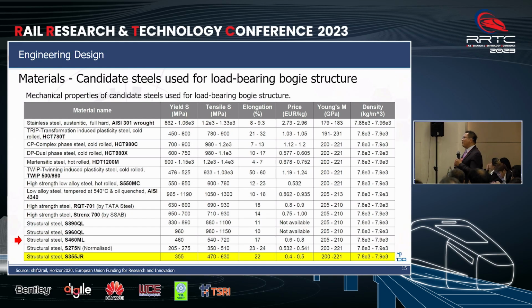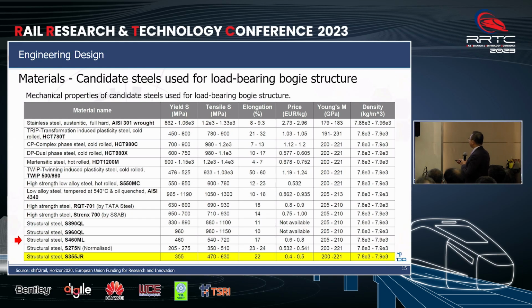But in our opinion, if we want to reduce the weight of the bogie, we need to select higher strength steel. In our plan, we are going to use S460 structural steel. With this one, we can obtain a yield strength up to 460 megapascal,